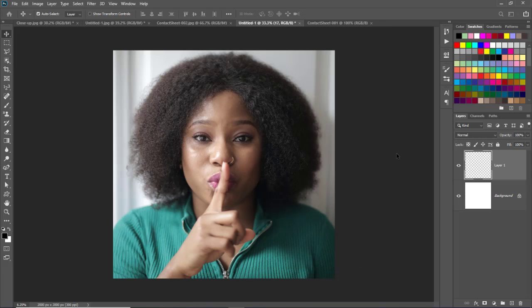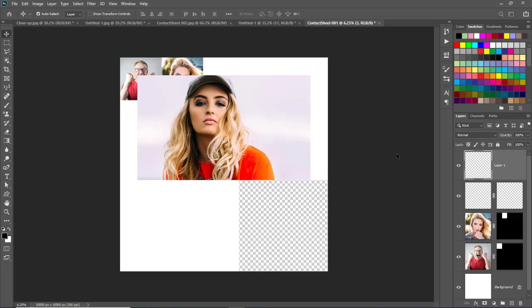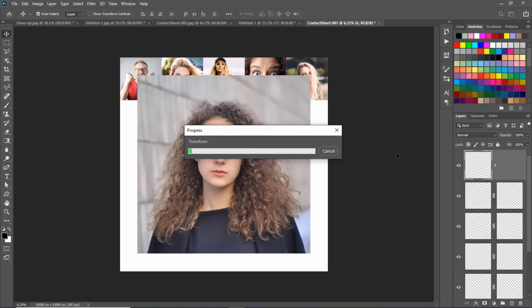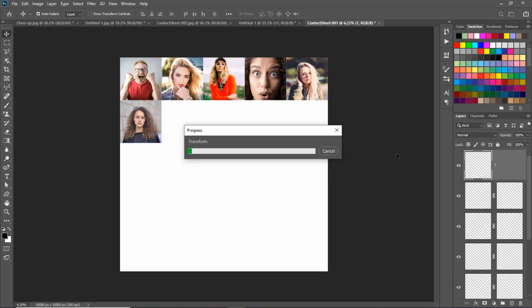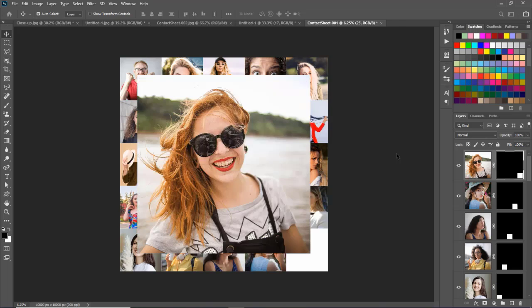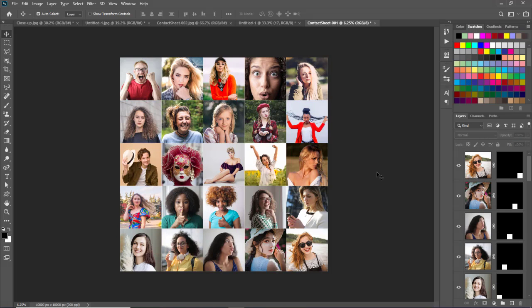Now Photoshop will organize all images in a document and create a mosaic pattern. And we can see that all our images are adjusted very seamlessly in our square mosaic pattern document.